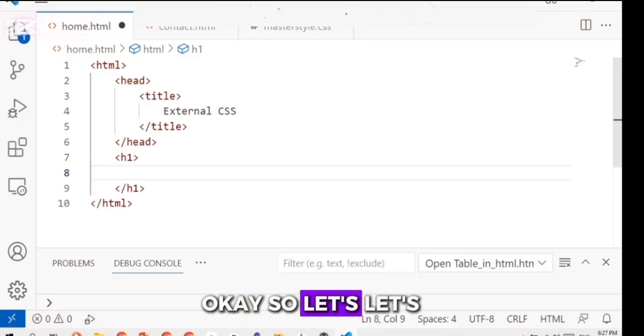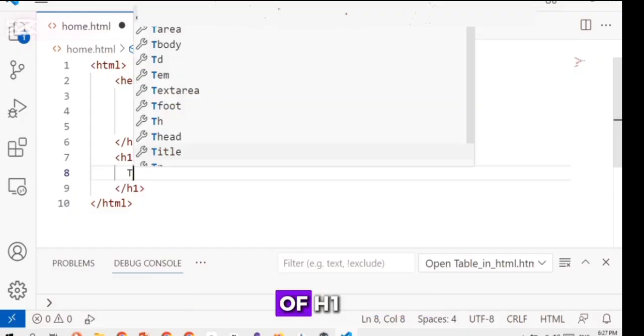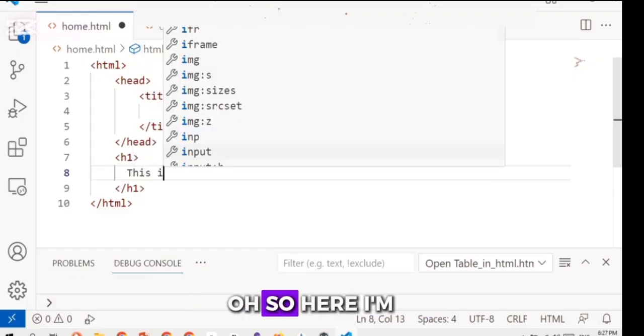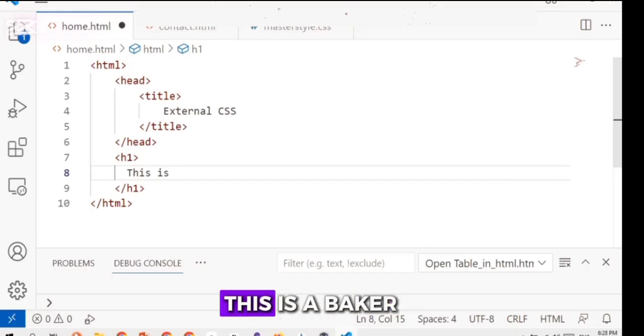Okay, so first of all let's put a heading. I'm just going to take an h1 element. Here I'm going to write this is whatever you can give the heading.